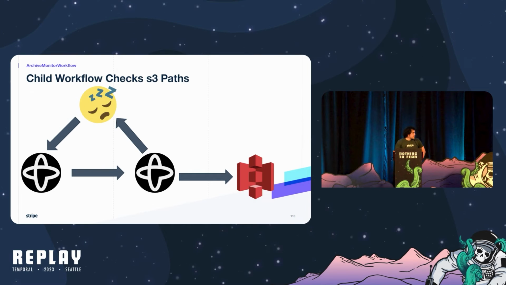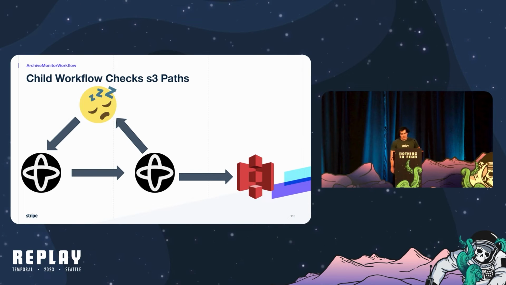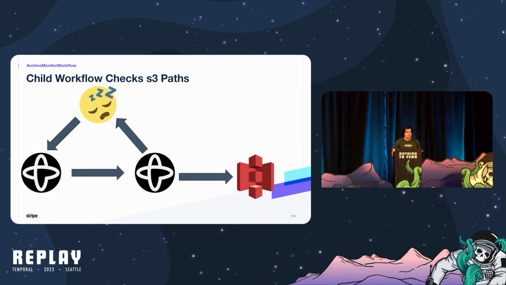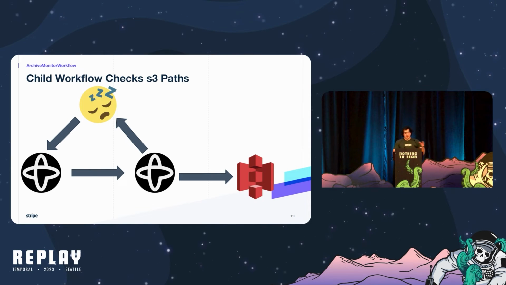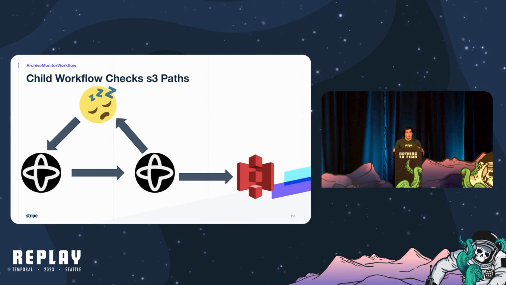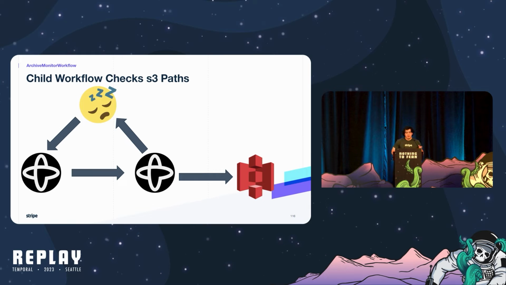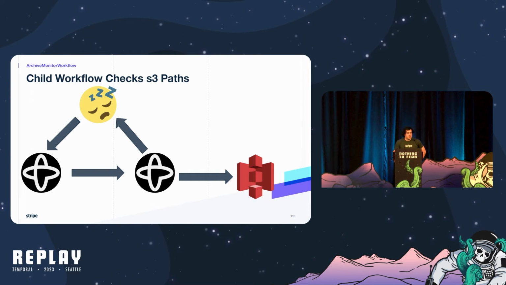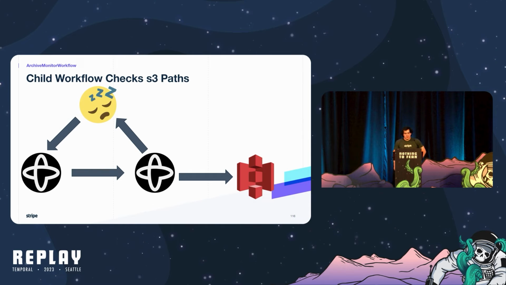This was, we think, a really good motivating example for why to use Temporal, because in that child workflow, there's an await statement that will wait for all of the paths to first be generated and then also to be checked. Previously in the script, it didn't do so exactly, and like I said, we got a lot of pages,